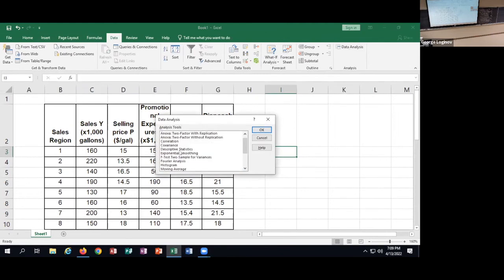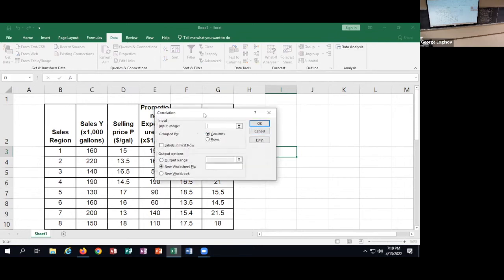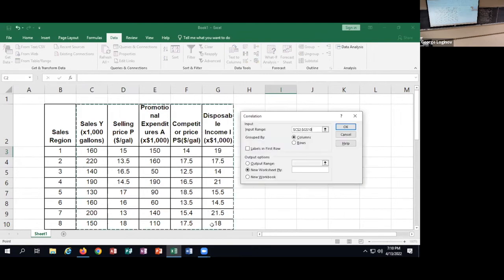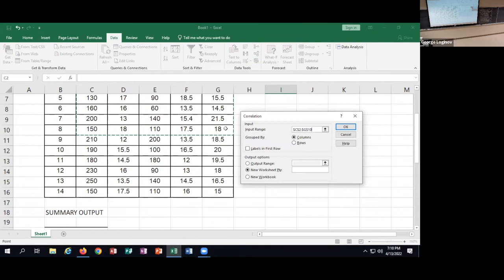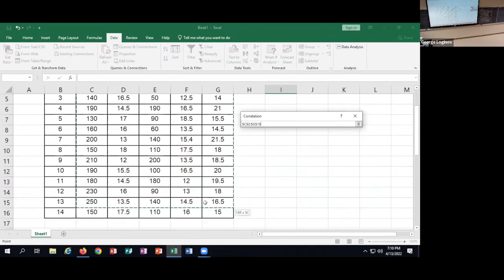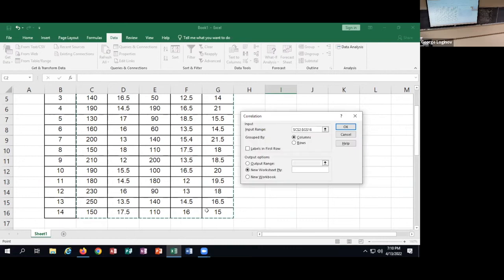Okay, and for the input range, I'm going to select everything excluding the sales region, because the sales region is there just to give you the idea of what we're dealing with. But everything from sales all the way down to the disposable income, basically the whole block of numbers with labels in the first row. And we're looking at columns as